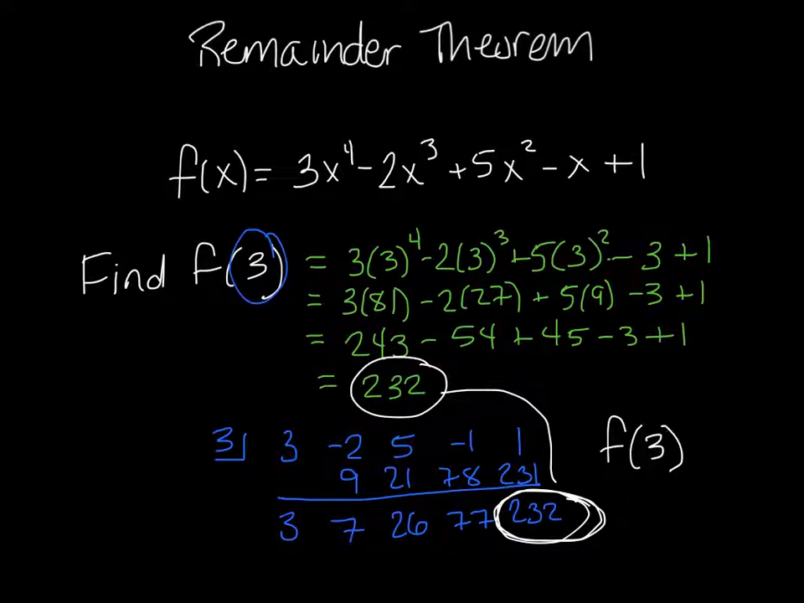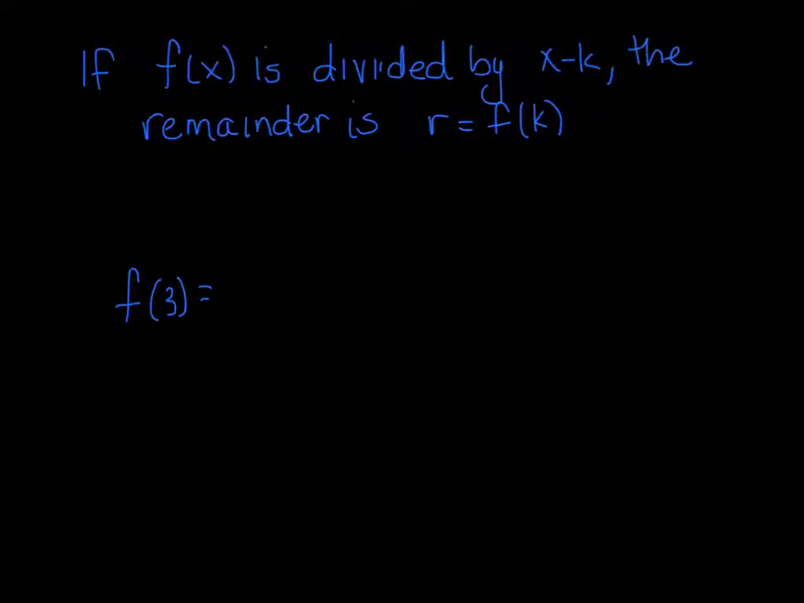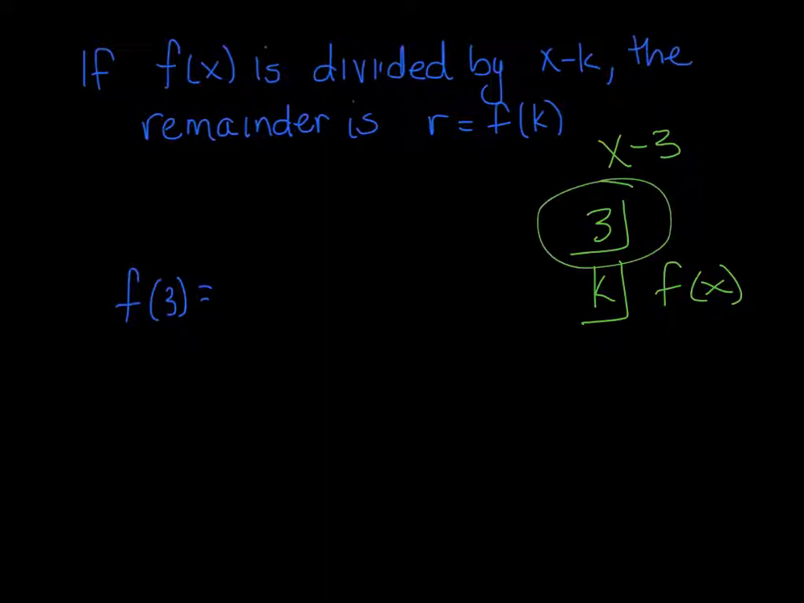Okay, so let's look at the remainder theorem. The remainder theorem says if you take the function and you divide it by x minus k. Now let's remember, when you divide by x minus k, what you're saying is you're putting k in the box and then you're putting all the coefficients of f of x here. So when we put 3 in the box, it's like we were dividing by x minus 3. Okay, so if you take the function, you divide it by x minus k, meaning put 3 in the box, the remainder is r equals, so the remainder is equal to whatever f of k was. Remember, k was 3. So f of 3 equals the remainder of whatever we got with our synthetic division, which